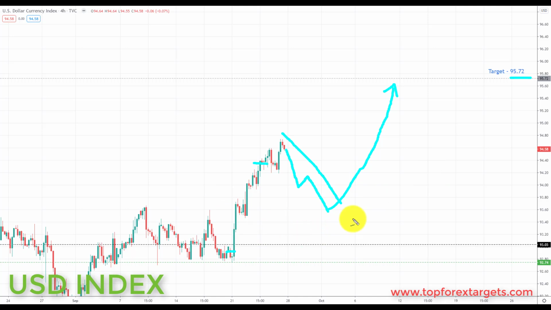So we do not trade the dollar index itself. We are using this as a compass, as a guide. What this means is we do go into next week with a bullish bias on the US dollar. And as a result, we would favor dollar long positions in the dollar pairs going into next week.